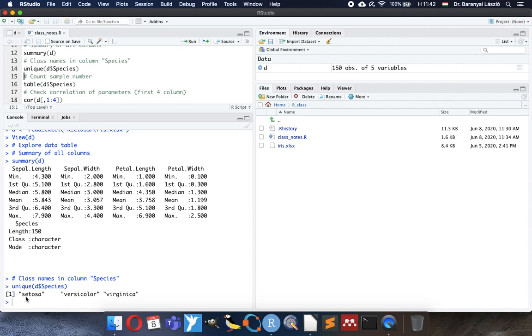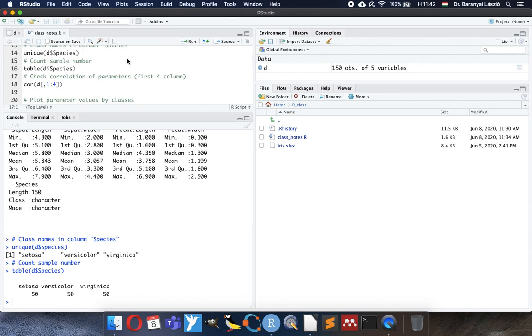You can see here the setosa, versicolor, virginica names are inside the table. We can check it with the contingency table, and with the table function you can see that 50 samples were measured from each variety. So it is a very well balanced